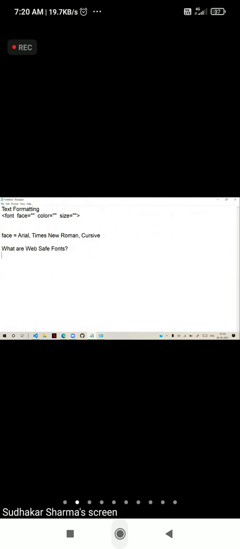That means if any font you applied and that font is not there in the browser, then it cannot show in that style. Because sometimes what happens is we can download and install the fonts according to our requirements. You can download online, several fonts will be there, you can download and install them.